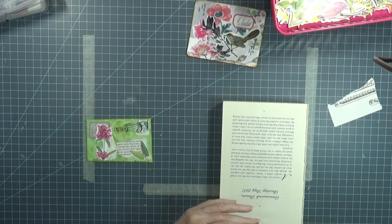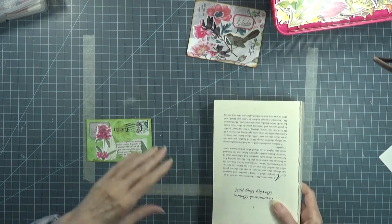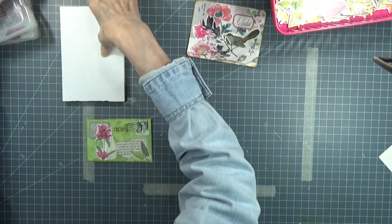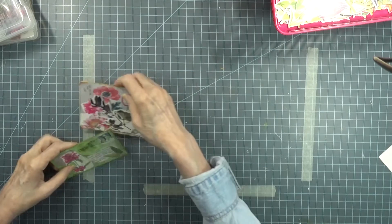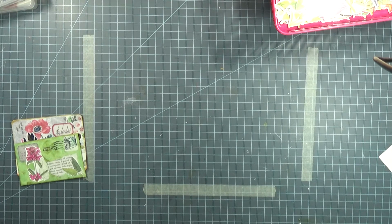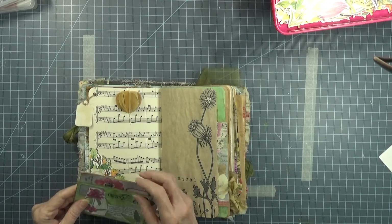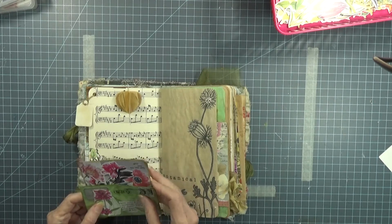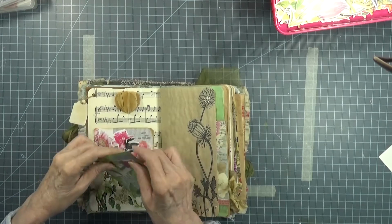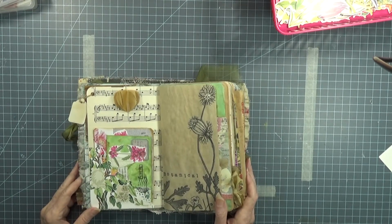Now let's have another look. Okay, put this away so that I can open the journal. Okay, they both have to go this way. There we go, and I'm happy with that. However,